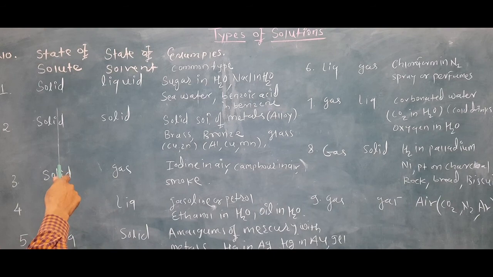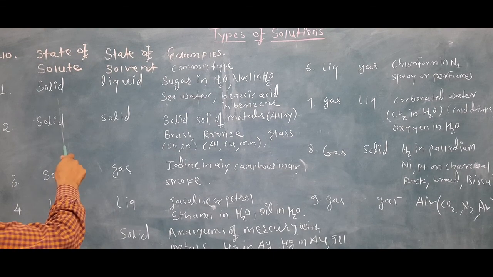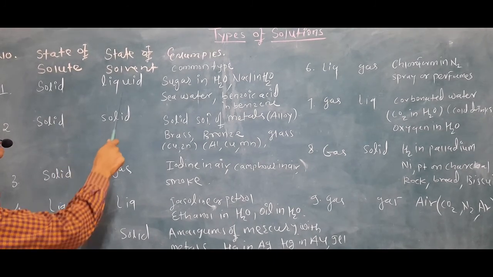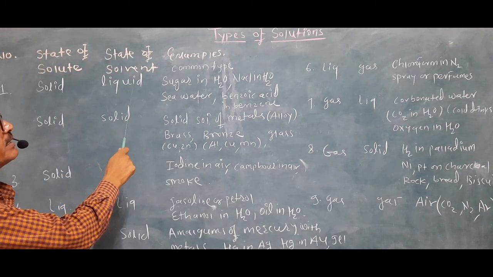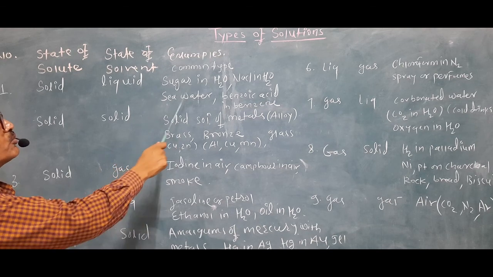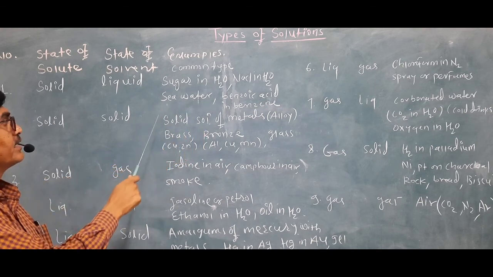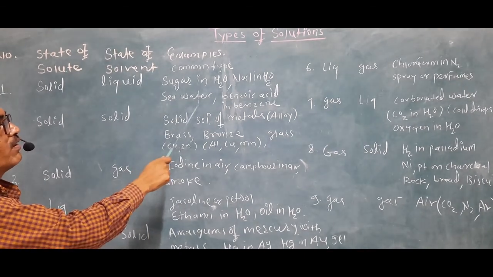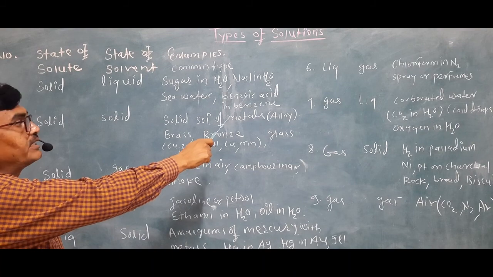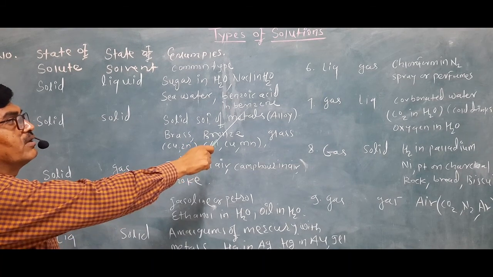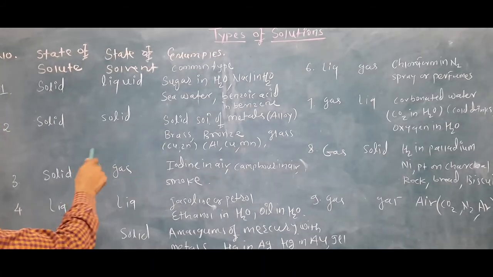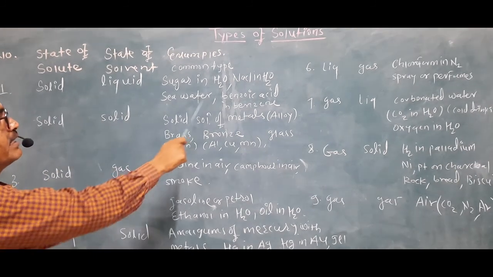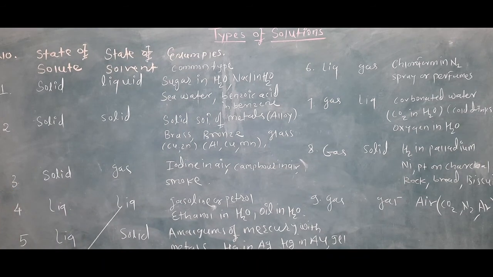First type, solute is solid dissolved in liquid solvent. That is a common type of solution. Sugar in H2O, NaCl in H2O, seawater, or acids like benzoic acid, oxalic acid dissolved in benzene or water. So these are the common type of solutions when solute is solid and solvent is liquid. Understand? Then